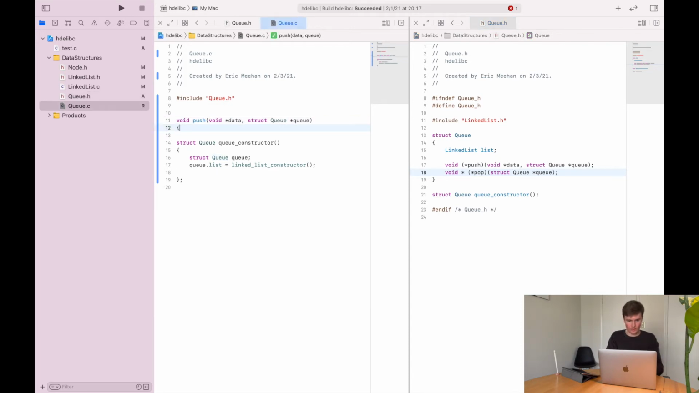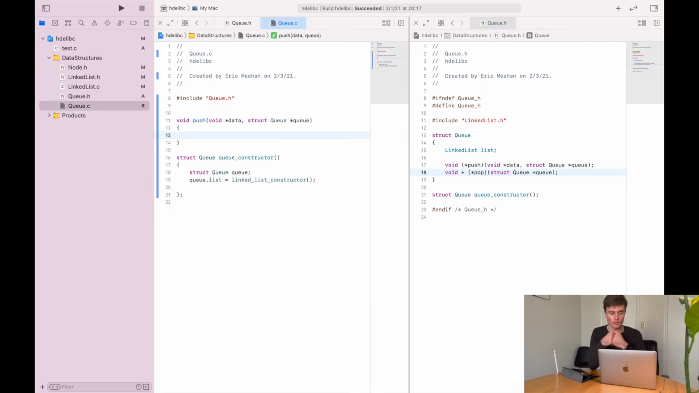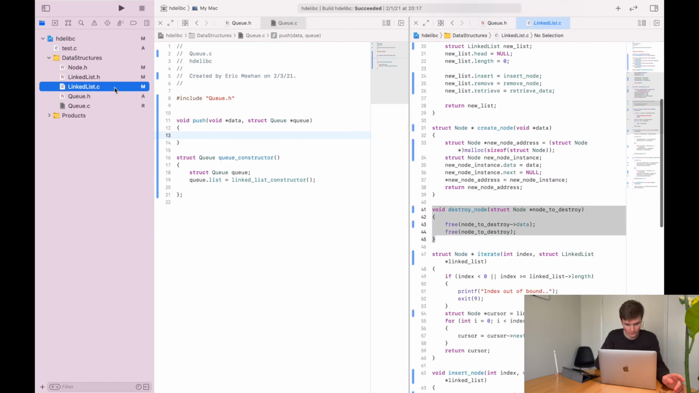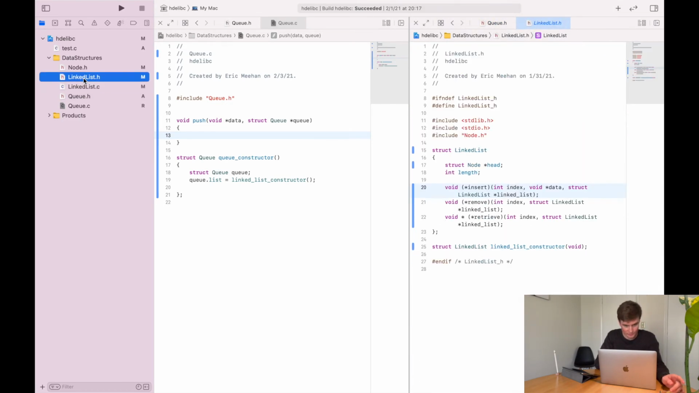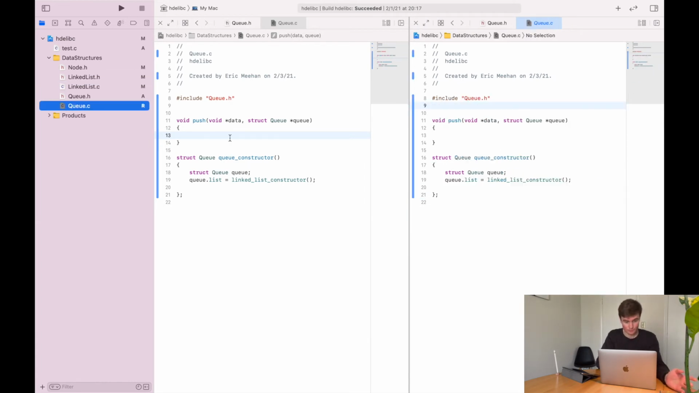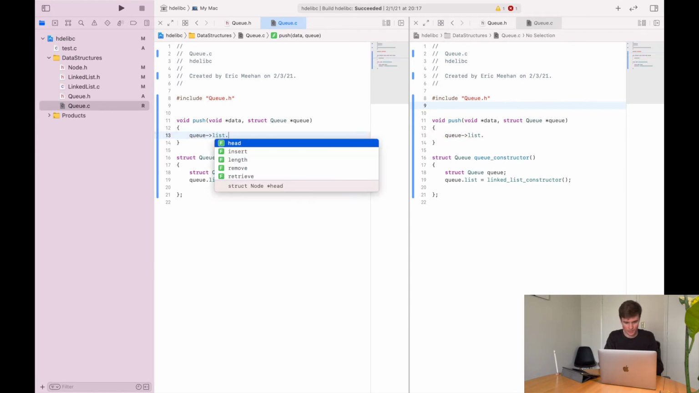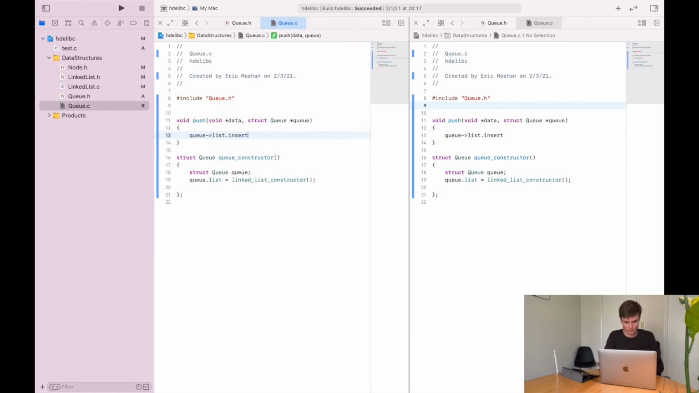Okay, and the push function is going to put something at the very end of the list, so the length of the list. So let's refer back to our linked list. And do we have a way to get the length of the list? We do. We can actually just access it directly. So this push function is simply going to say Q list, and this is going to be dot insert, and we'll pass it data,